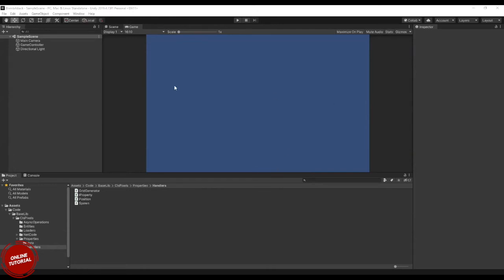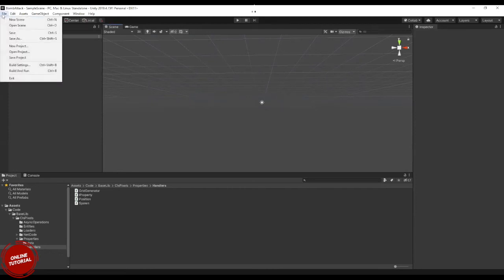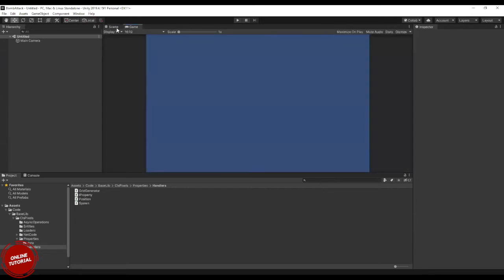So this is the whole Unity window, and you can see there are two elements. One is scene and the other one is game. These are the visualizing windows, these two tabs.